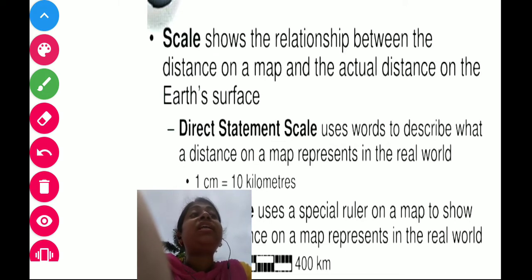So there is a ratio between the distance on the map and the actual distance on the ground. We should maintain this ratio, and this ratio is known as the scale of the map.